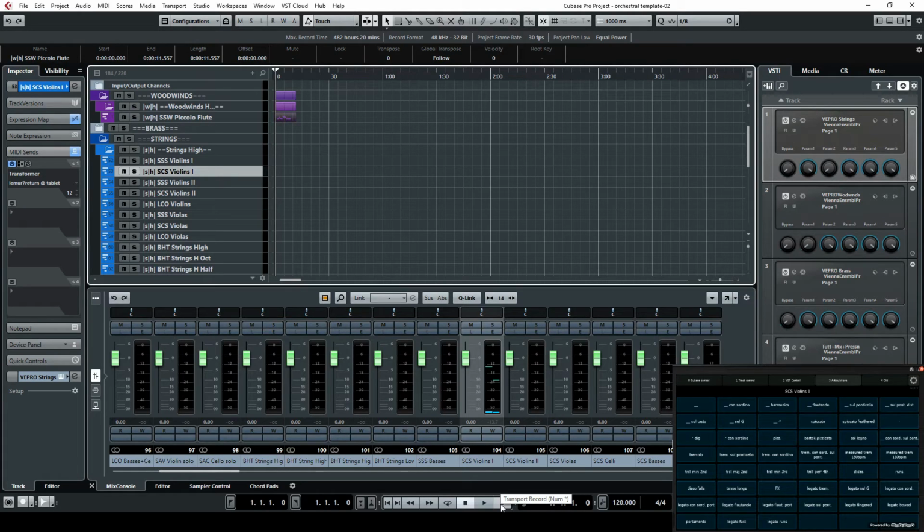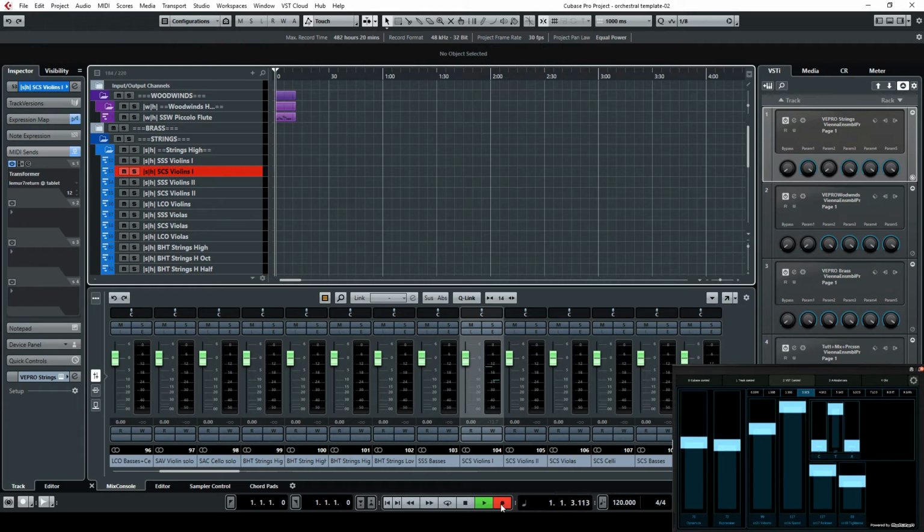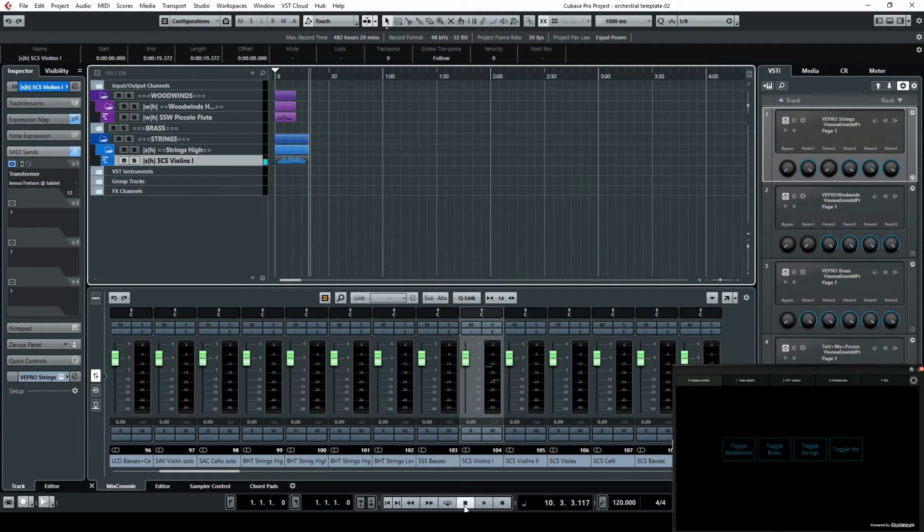Let's go in the VST control so that I can also change the dynamics. Voila, this is not a nice composition, but it's just to show you. And then I can also go and take